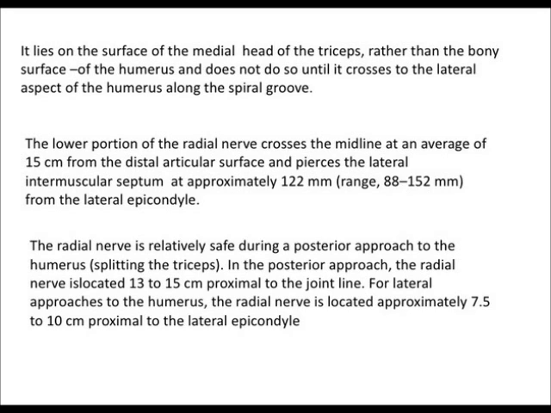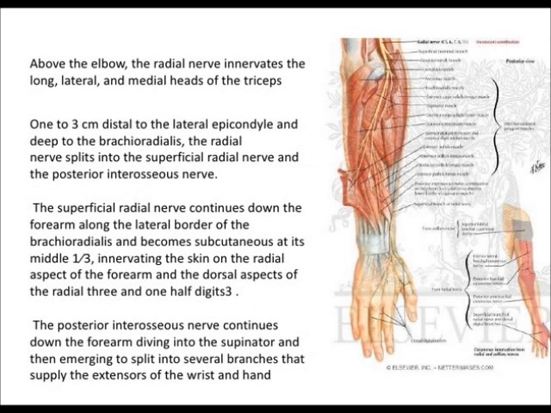The radial nerve is relatively at risk during the posterior approach to the humerus. In the posterior approach, the radial nerve is located 13 to 16 cm proximal to the joint line. In a lateral approach to the humerus, the radial nerve is located approximately 7.5 to 10 cm proximal to the lateral epicondyle. The radial nerve innervates the long, lateral, and medial heads of the triceps, then 1 to 3 cm distal to the lateral epicondyle and deep to the brachioradialis,